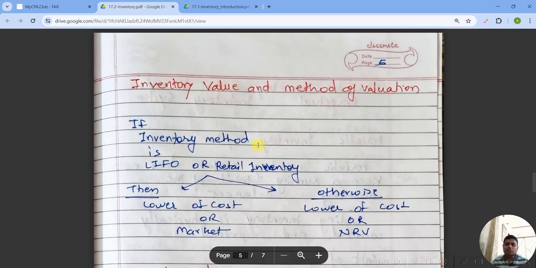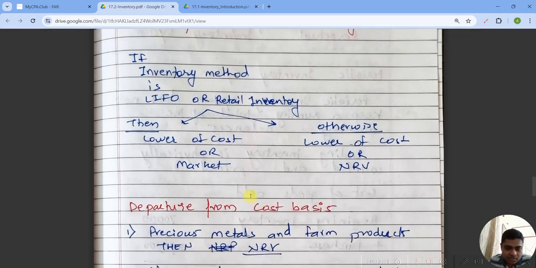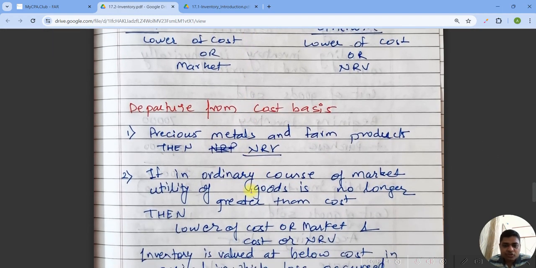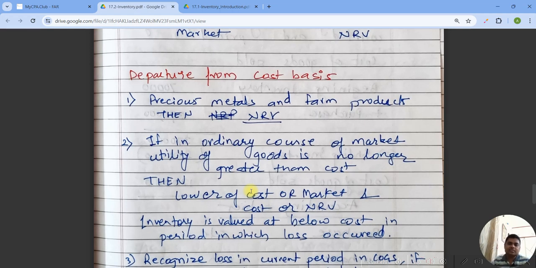Now inventory value and method of valuation. If the inventory method is LIFO or retail, then use lower of cost or market value. If a company is following the LIFO or retail inventory method, they should use lower of cost or market value, and otherwise they should use lower of cost or NRV. We have seen the difference between NRV and market value in the above definitions. Now, departure from cost basis. Which are the cases where the cost basis assumption is not used? First, in the case of precious metals and farm products,